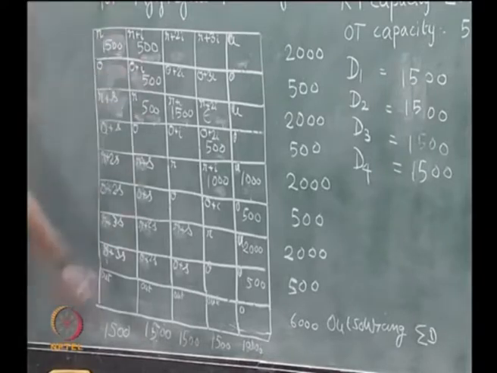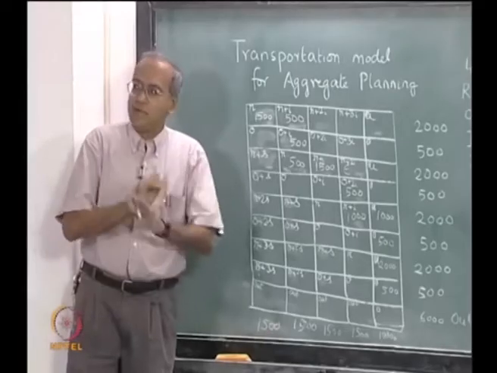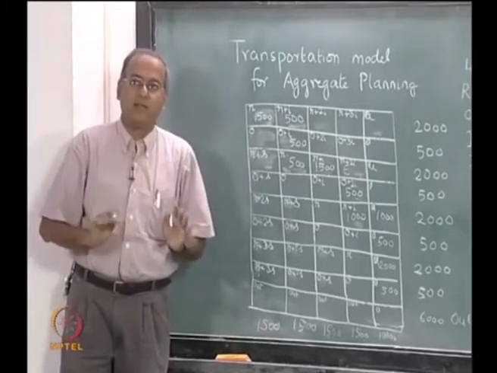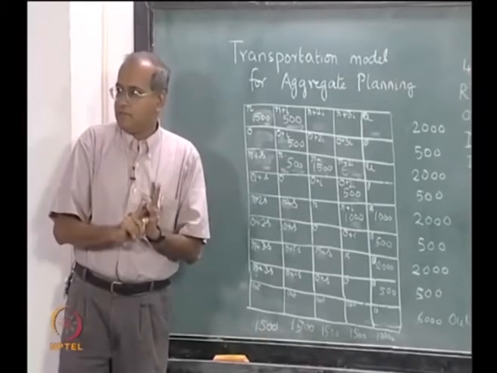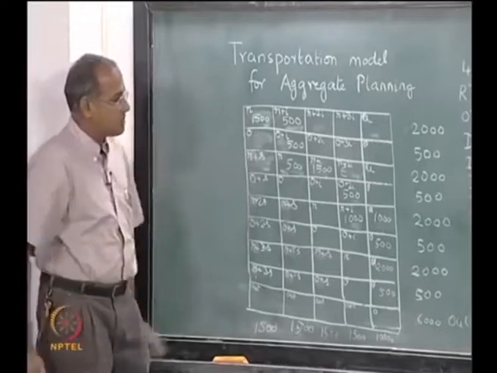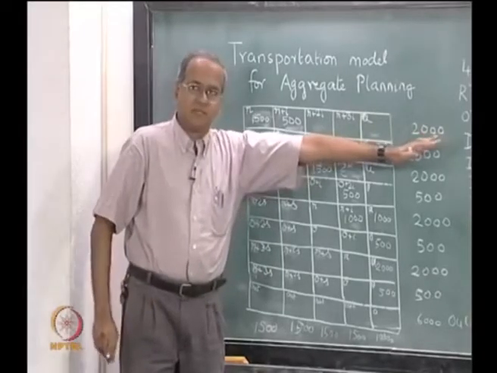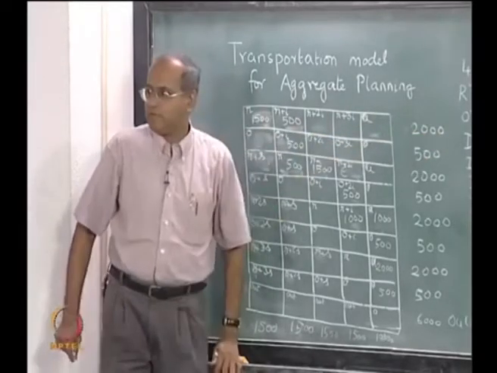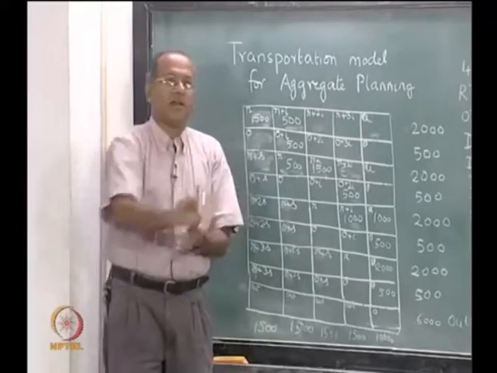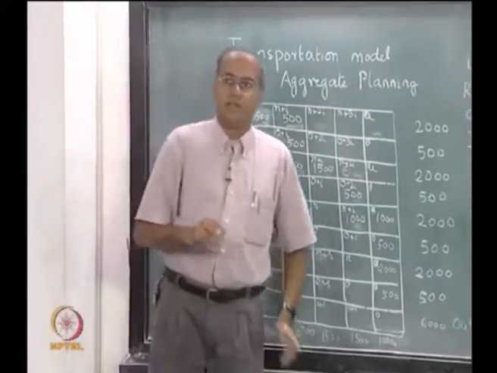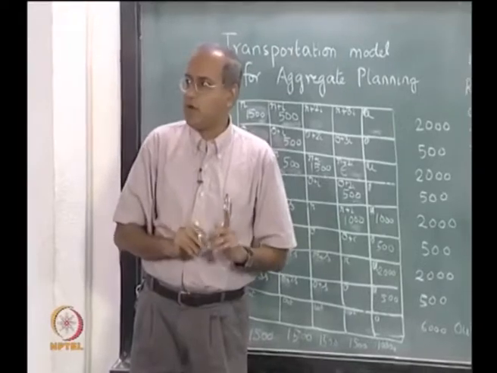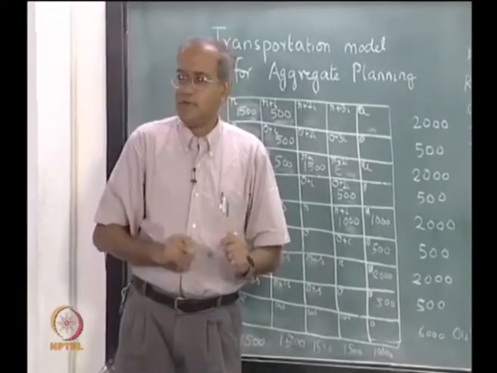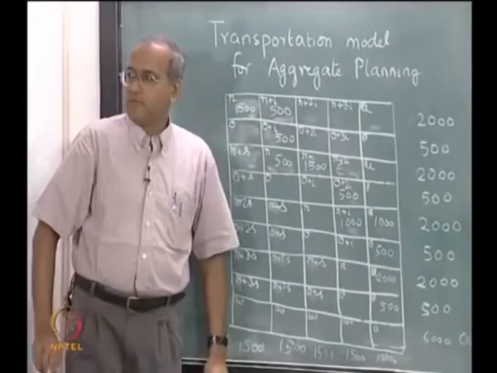Now, we can solve this problem optimally if we want to consider 6 costs. It does not consider, and it is not possible to easily model hiring and layoff. So, transportation model can be used up to 6 costs. We do not model hiring and layoff. If we also want to put hiring and layoff into the problem, then we have to go to the linear programming model, which is capable of solving it. Transportation does not do that.